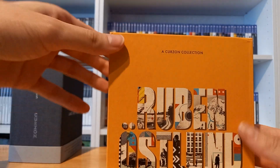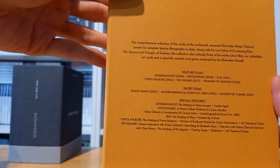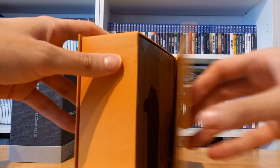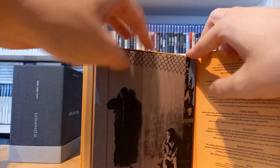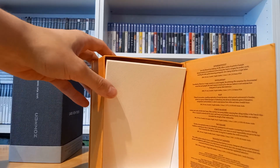So Ruben Östlund, Swedish director. This one has a little bit of a different style to it. It has this magnetic box design. And then you have all of the movies here in a similar style of this large set,